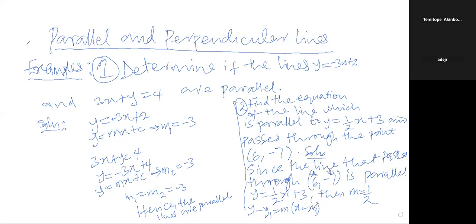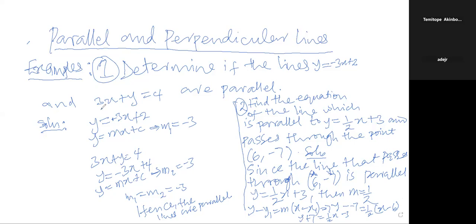So you now plug it in there, and you have y plus 7 equals 1 over 2 into x minus 6. And that gives y plus 7 equals 1 over 2x minus 3,